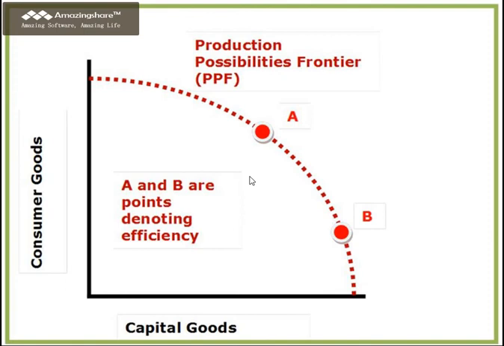So if you're operating within that production possibility frontier, this is where you have relatively high unemployment. High unemployment for labor, that's what we would tend to look at. Or we're not using